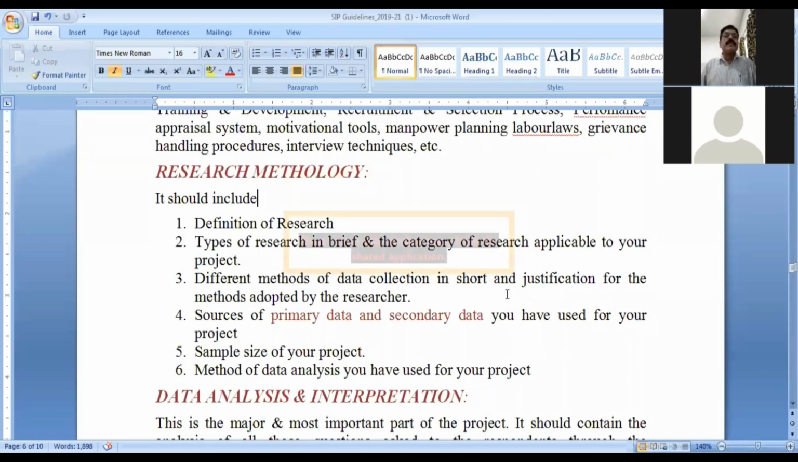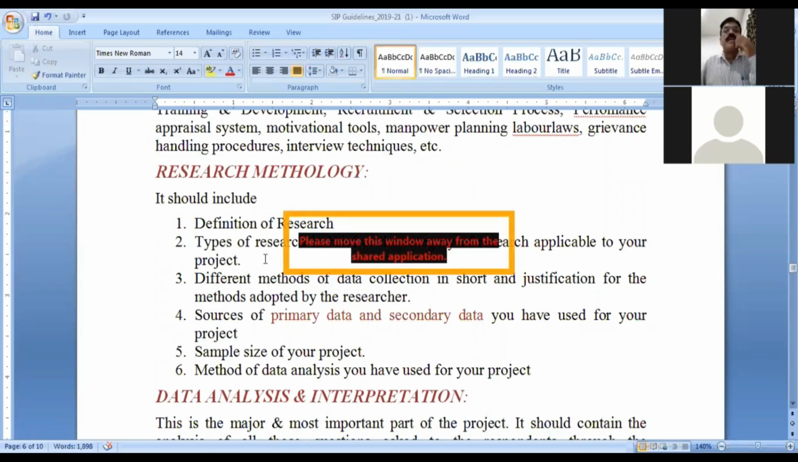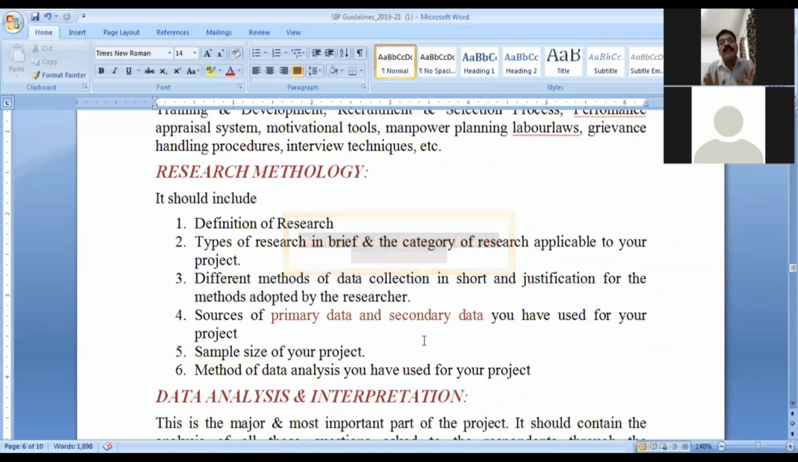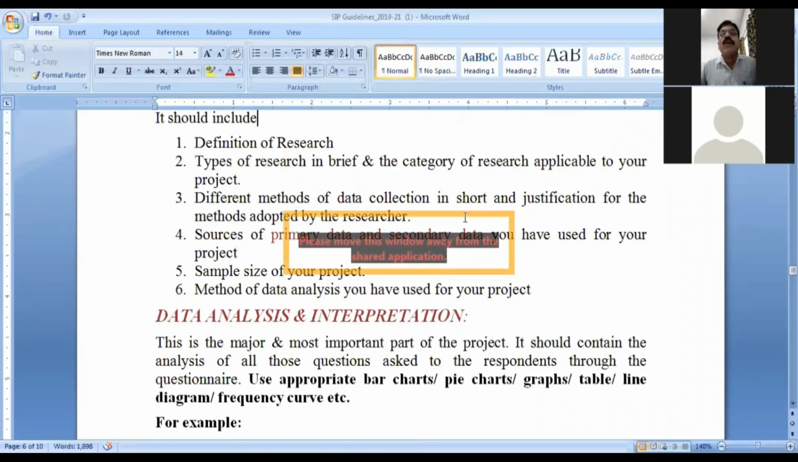Then next, research methodology. Here you have to put the definition of research. Then what are the types of research? Then different methods of data collection, in short, and justification. And what are the sources of your data collection, either primary data or secondary data? So what is primary data? When you are collecting the data for the first time, that is called primary data. And secondary data is already there somewhere, either in Google or a company or wherever. So maximum this time you will go for,